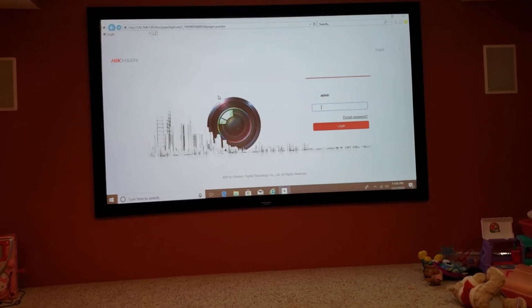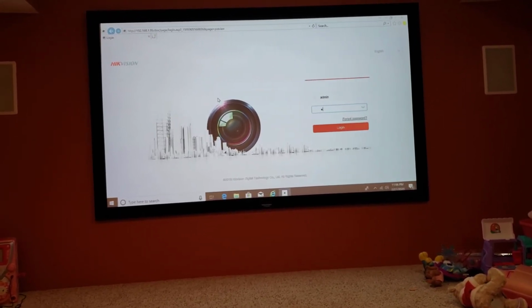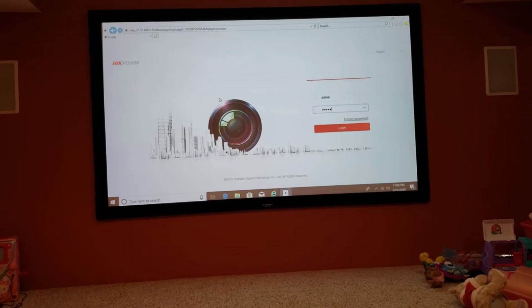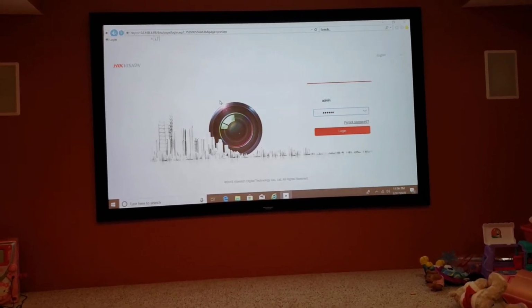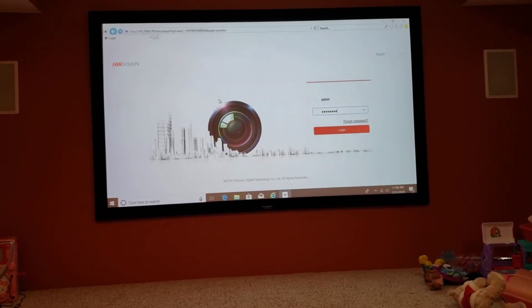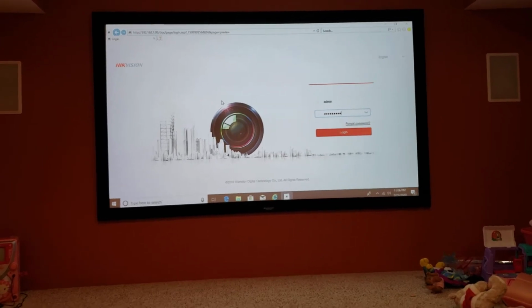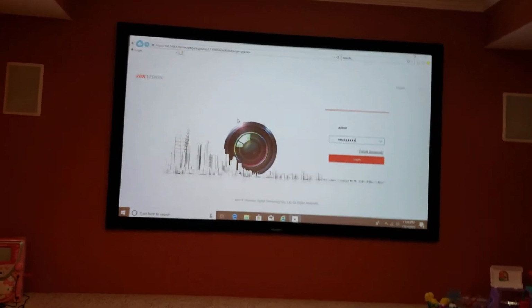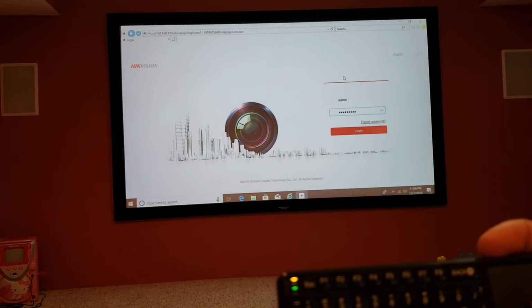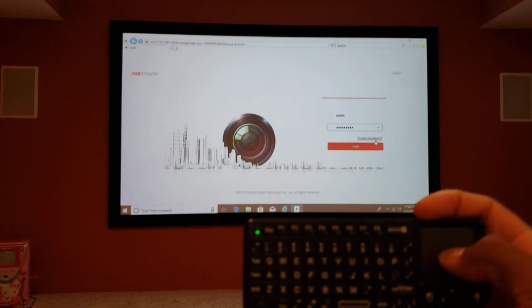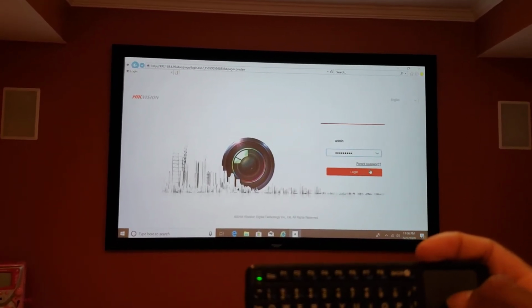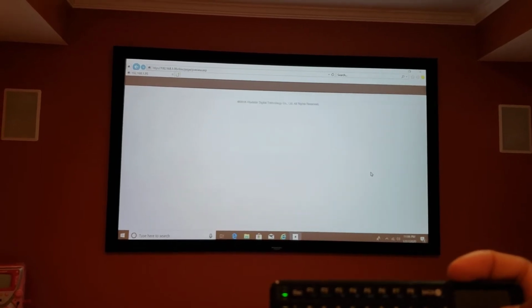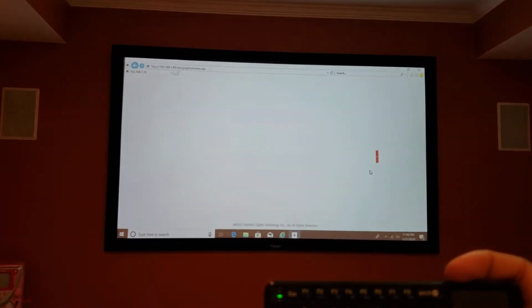I'm going to tab down. I'll put my password in there. And then I'm just going to toggle over to my login. Hit my login. And what happens here